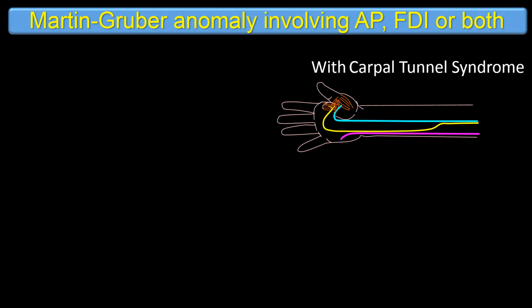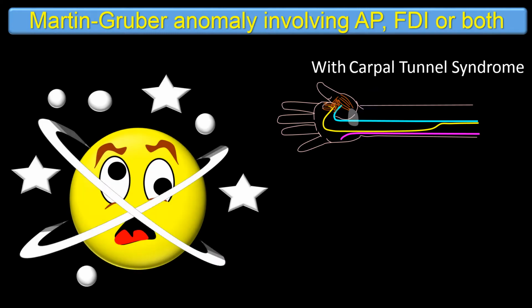Median motor nerve conduction study in a patient with Martin-Gruber anomaly involving the adductor pollicis, the first dorsal interosseous, or both, when occurring in a patient with carpal tunnel syndrome, produces peculiar findings. These findings arise because of the fibers traveling in the median nerve proximally and crossing in the anomaly at the forearm. When tested at the proximal site, that is, when the median nerve is tested in the antecubital region,